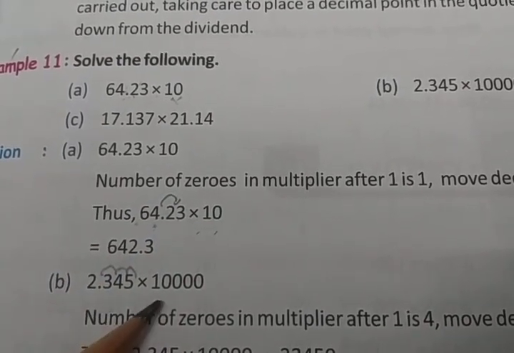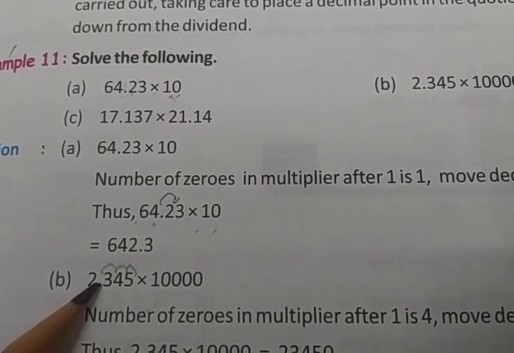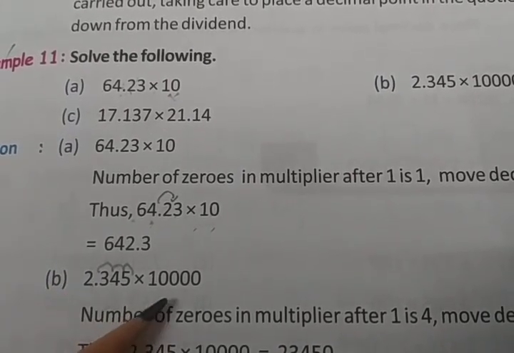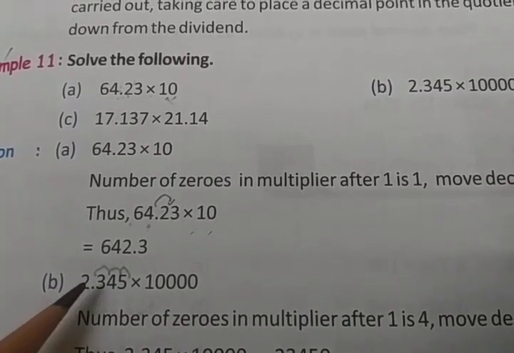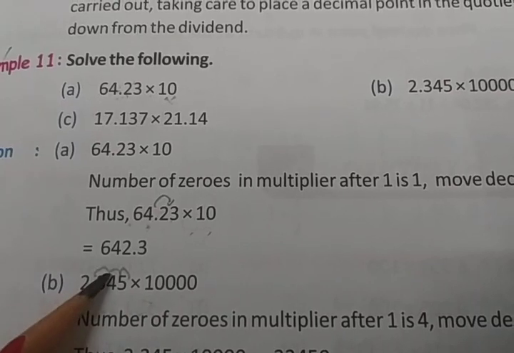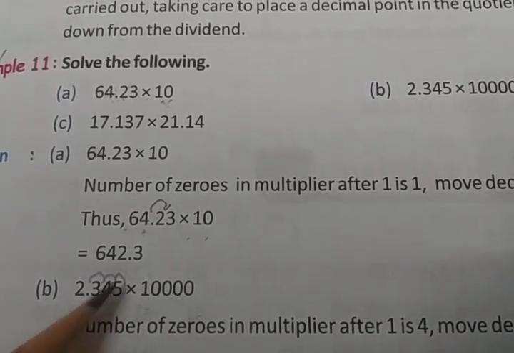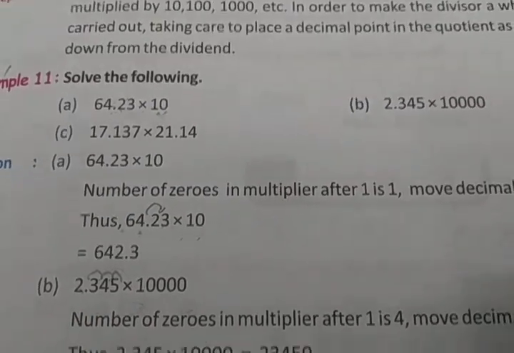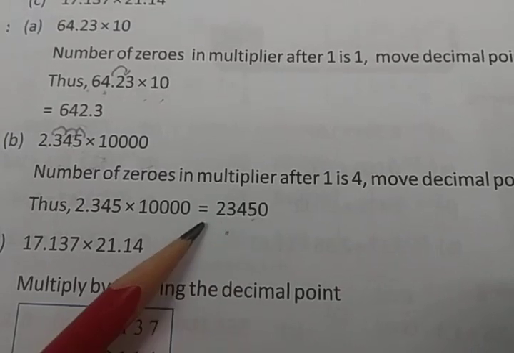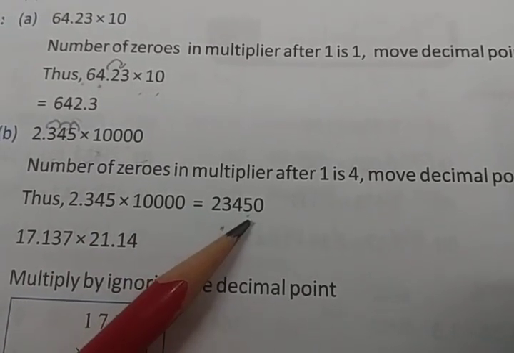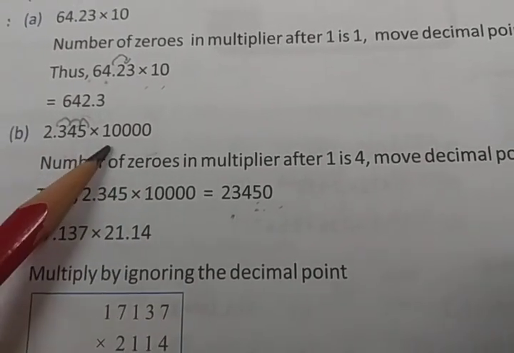Here you can see there are 4 zeros in the second one. So the decimal point moves 4 places ahead. Easy way: 10, 1 place; 100, 2 places; and 3. Now one more place is not there, what to do? We have to add a 0 for that. Down here you can see I have added a 0. So 4 places are done here, and I have removed the decimal. This is one way if it is a decimal fraction.